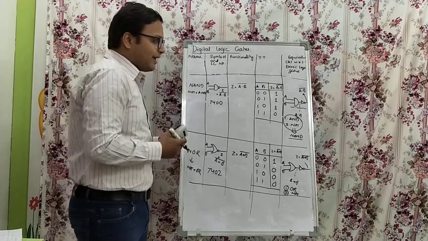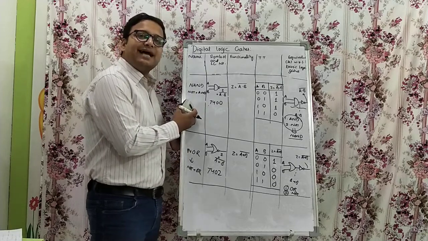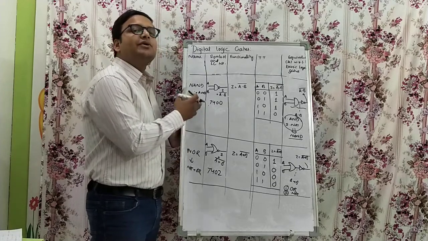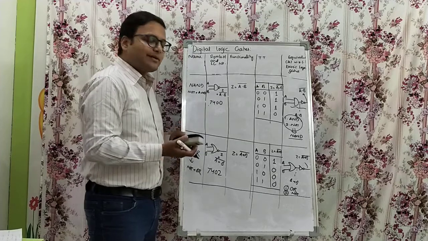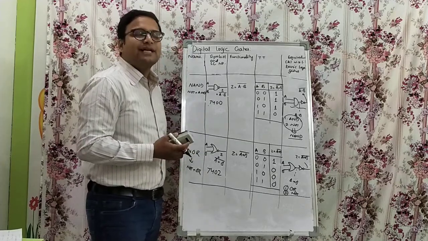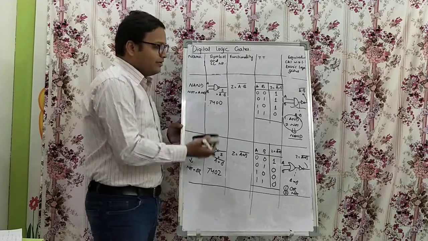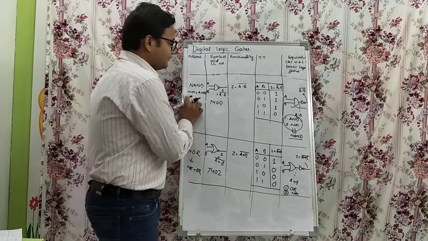As we know, why is it called universal logic gates? Because it can design the basic gates using only NAND and NOR. As we know that basic gates can do the operation of any digital circuit. We can realize any digital circuits using basic gates. That's why it's called universal logic gates, NAND and NOR.